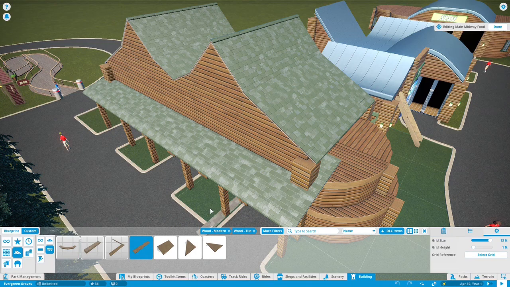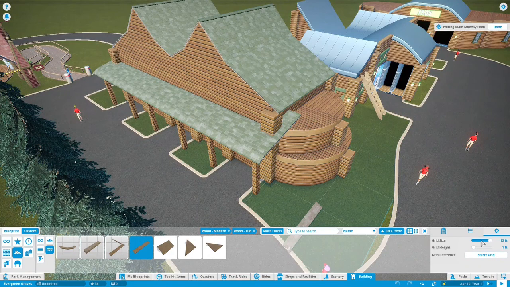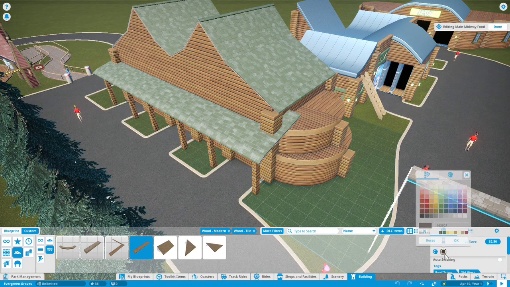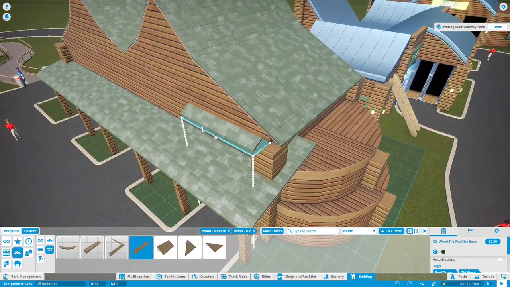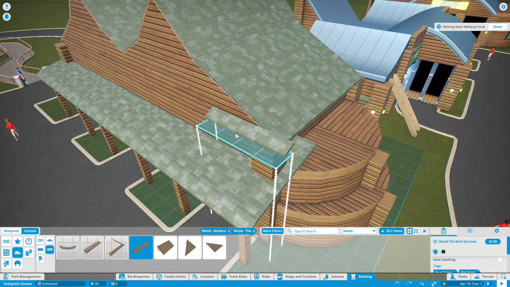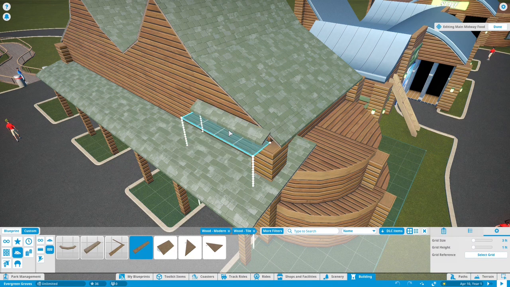So we have these eaves, and these eaves were helpful before, and I guess I should change the color of them. I think we want to do something like that. Yeah, that looks good. Grid size. So apparently we can't line that up. What I'd like to try and do...